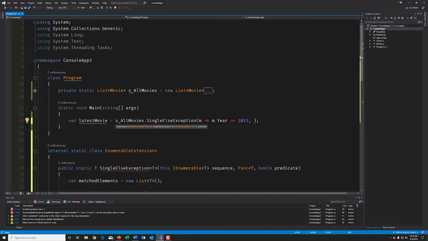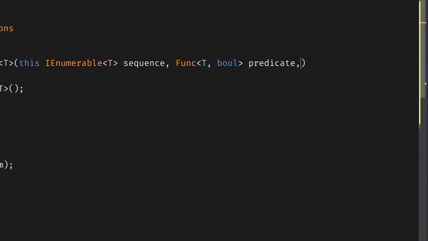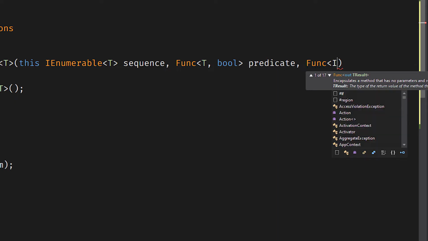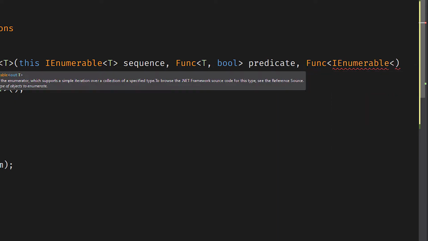From the call site, I want to say, hey, call me with the matched elements, right? So I can use that information. I already am in the call site, so I can already use contextual information. I know what I'm doing in that specific spot. And I can return to it an exception with the message so that it can throw it. Make sense? So the argument here will be a func that takes an enumerable of t, whatever the t is,